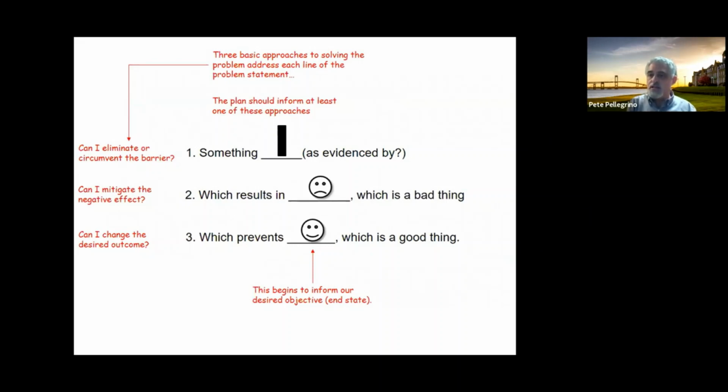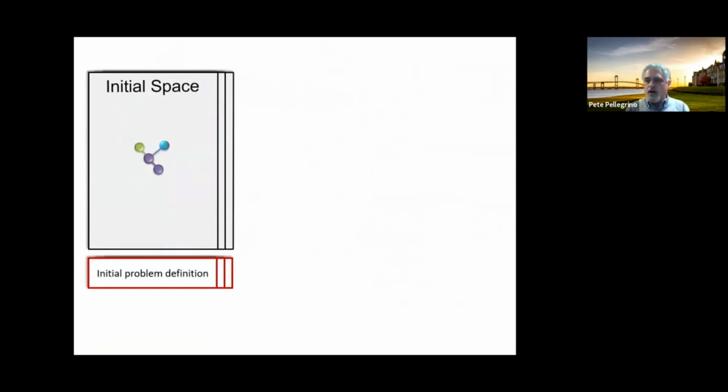The wall hasn't gone away. The thing still exists, but it's no longer causing a negative effect for me because I don't want what it impedes. But all of these become pieces parts that you can start to pick at to try to understand how a game might begin to approach the problem and see where it can explore, dig at. Is it by going after the barrier itself? Is it about somehow mitigating the negative effect? Or is it about simply changing what you want as a desired outcome? So all of these parts begin to fill in our understanding of the problem.